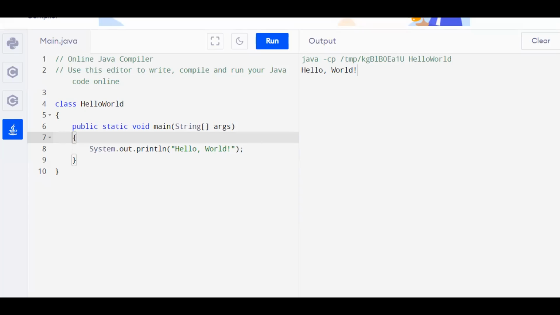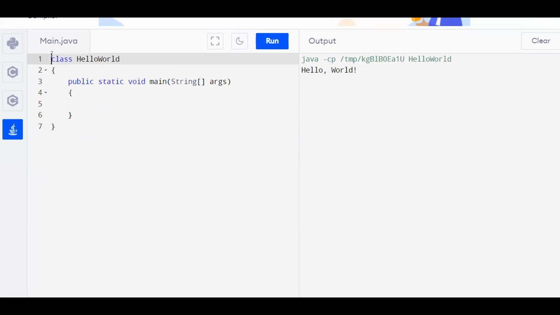So here is a Java editor where we will execute and check the output. First, let us declare a few StringBuffer objects.